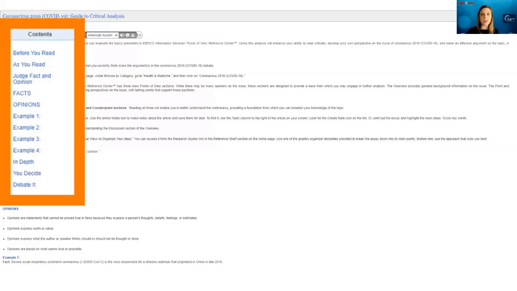To extend the learning, I can use the Debated section to hold a debate in my classroom, and using instructional support materials from Points of View Reference Center, I can guide my students through a debate exercise that is really meaningful and relevant. Many of the topics in the Points of View Reference Center include a guide to critical analysis